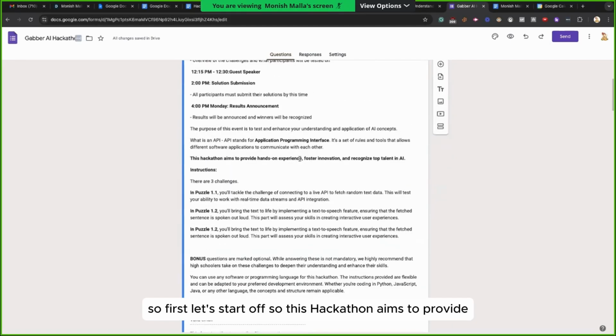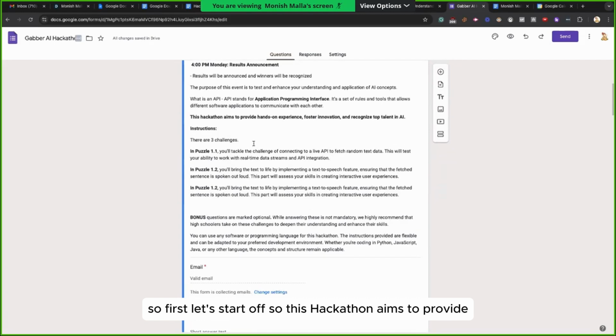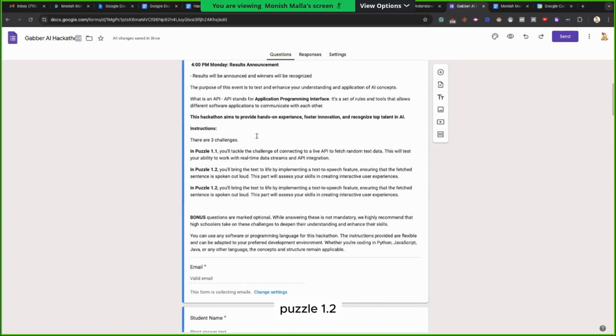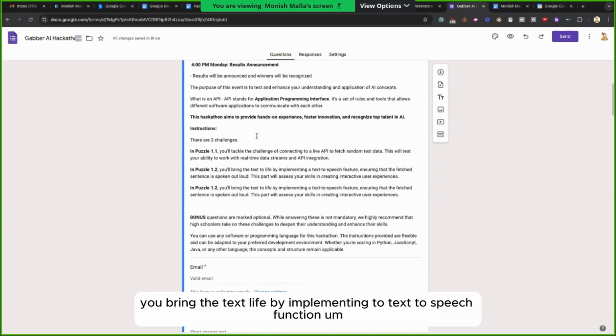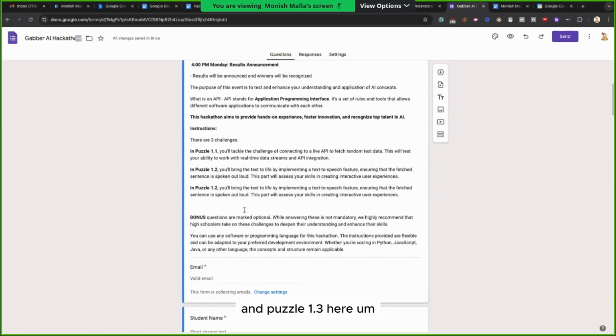First, let's start off. This hackathon aims to provide hands-on experience with AI. There are 3 challenges. In Puzzle 1.1, you will tackle the challenge of connecting a live API to random text data. This will test your ability with real-time data streams and API integration. In Puzzle 1.2, you'll bring the text to life by implementing a text-to-speech function, which ensures that the fetched sentence is spoken out loud to people. And puzzle 1.3,